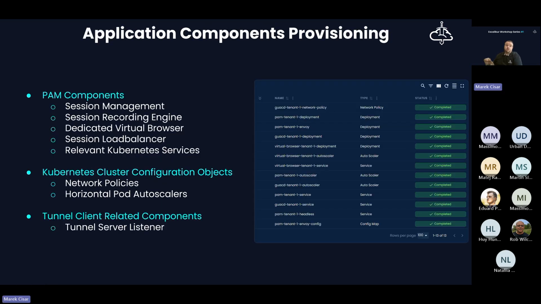Okay, I was talking about the dedicated application components provisioning. Those components include the session management. You can imagine it like the PAM session orchestrating engine.